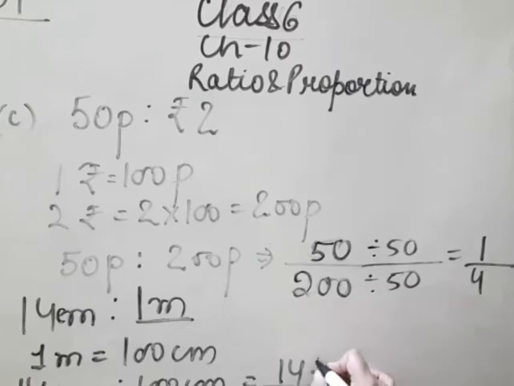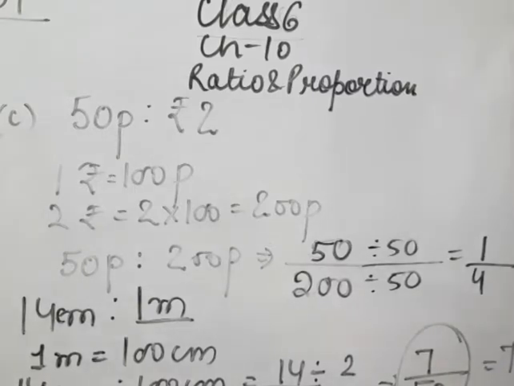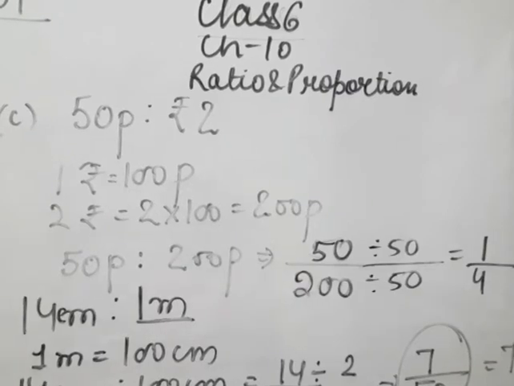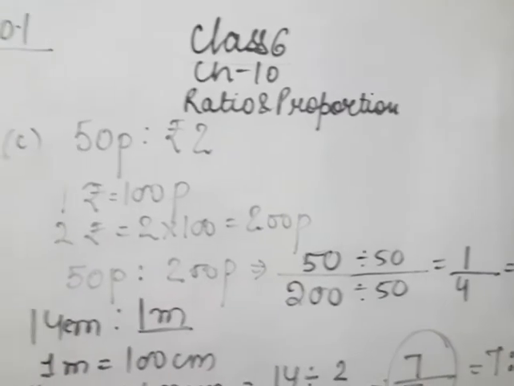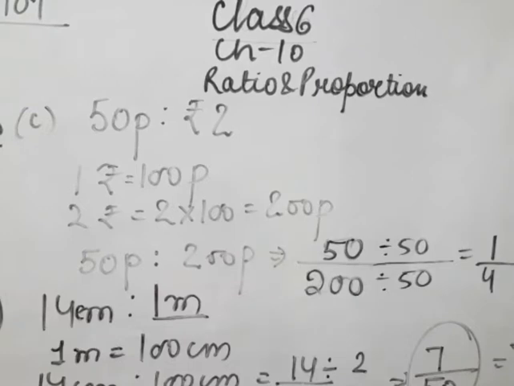So you will divide it with the table of 2. If you divide 14 by 2, you will get 7. Similarly, if you divide 100 by 2, you will get 50. Now look at this fraction, 7 by 50. Is it further divisible? No. So you will write it as 7 ratio 50. So this is your D part.